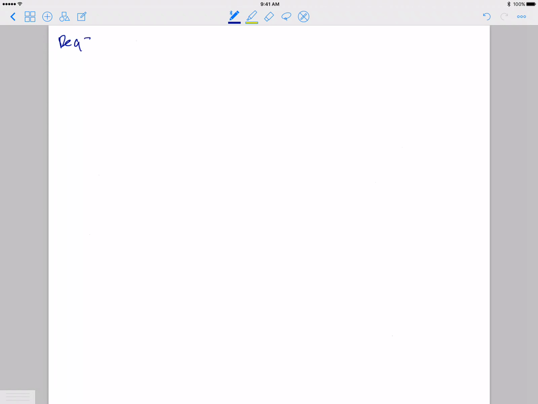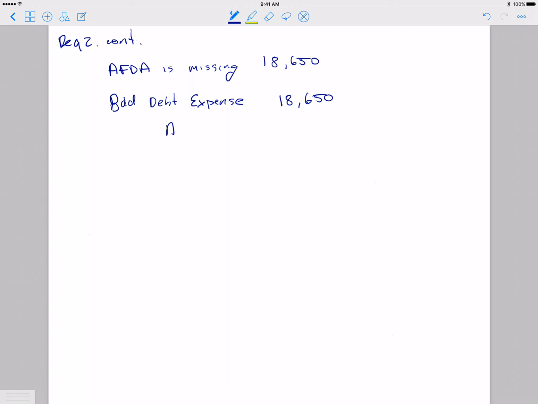So this is requirement 2 continued. We know that our AFTA is missing $18,650 in a credit balance, as can be seen on our T account in the previous page. So what we need to do is have a bad debt expense, an expense for what we expect not to collect, of $18,650. This is credited to our AFTA account for